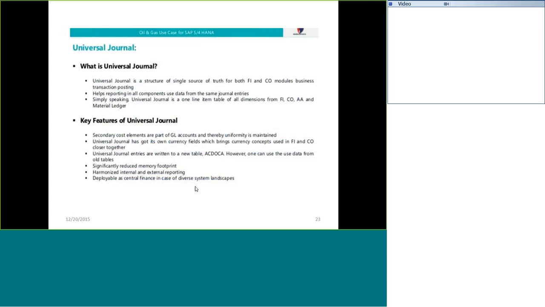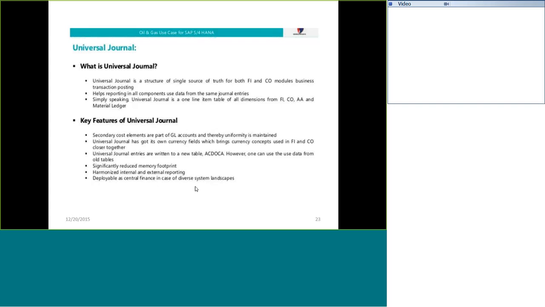Instead of ledgers, we design the Universal Journal. From the Universal Journal point of view, we design the total company ledger as one application. So there is no 0L and non-leading ledger that needs to be defined. It's there, but based on general conditions, and there is no need to specify the individual conditions.